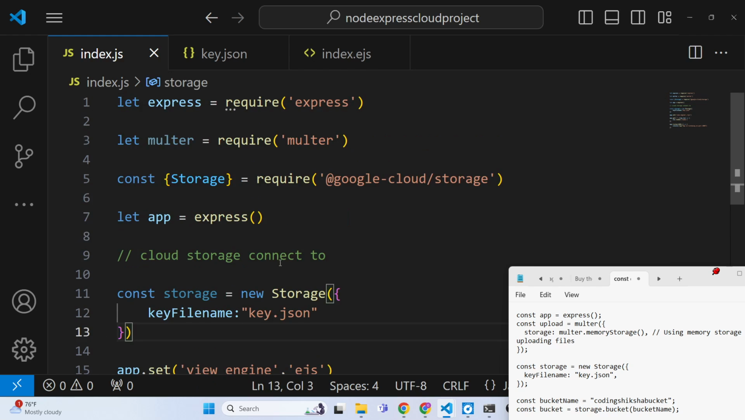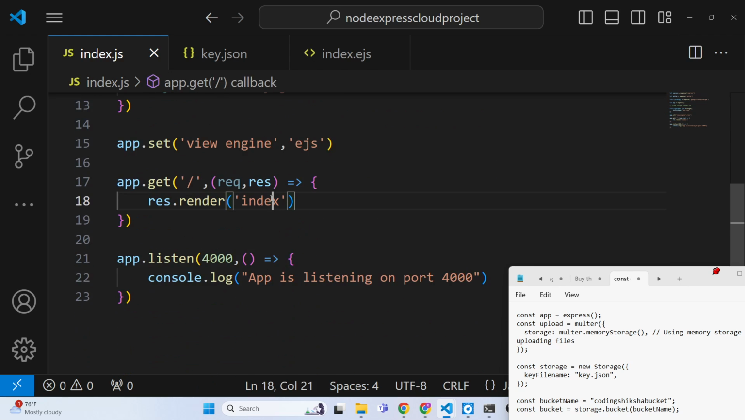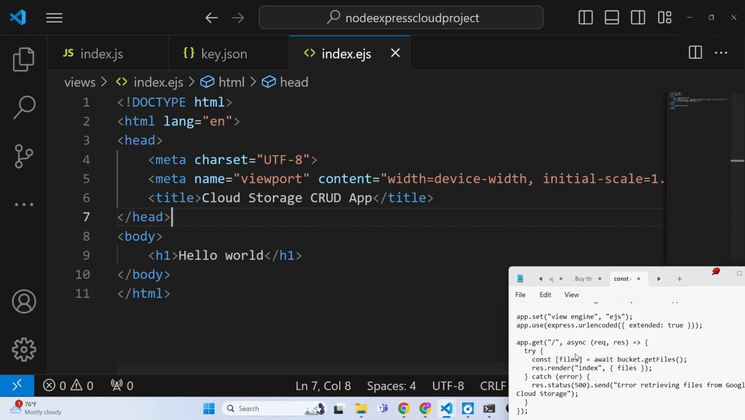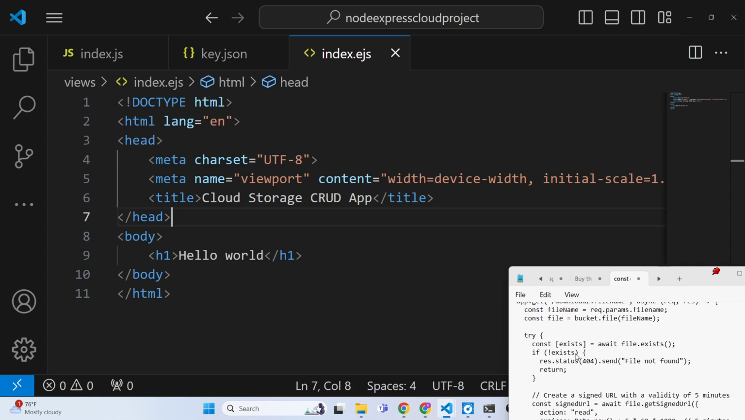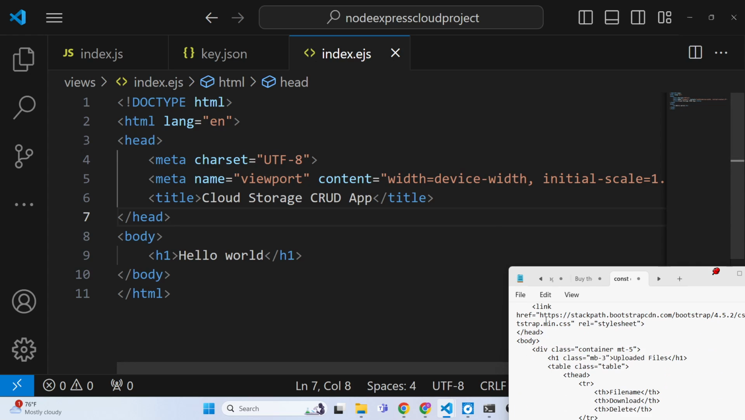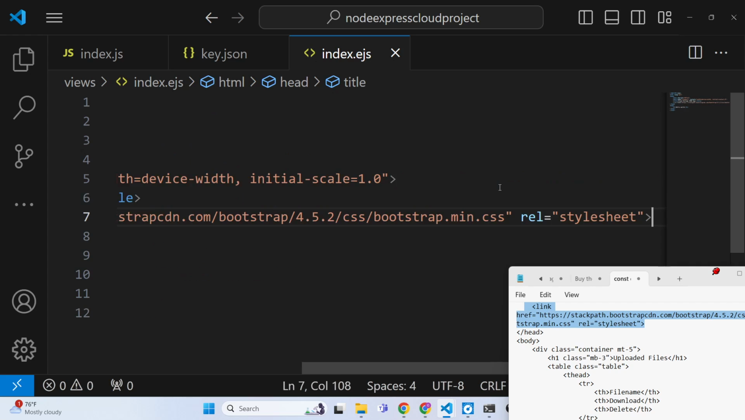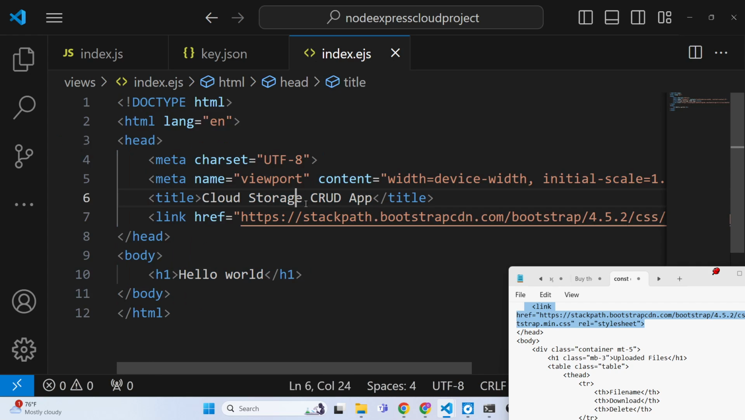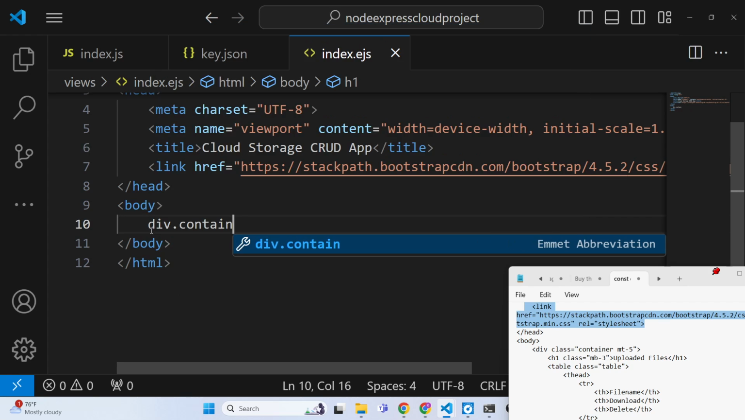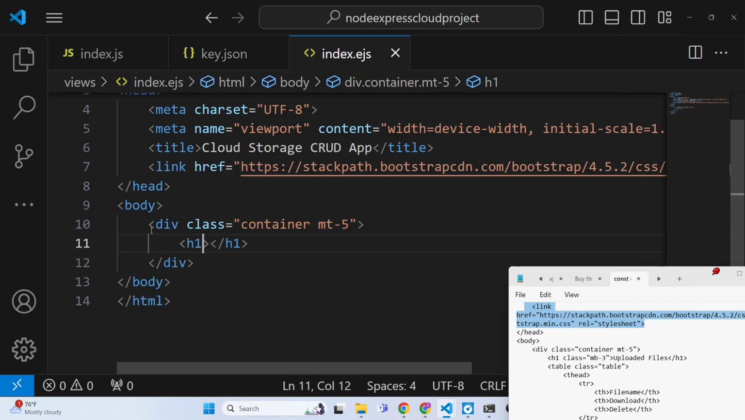And now we just need to go to our index.ejs file and make a simple form by which we can allow the user to upload files. So right here we will need to include the CDN for Bootstrap just after the title. Bootstrap is included. And now we will have a container class with margin top 5, and it will have a heading